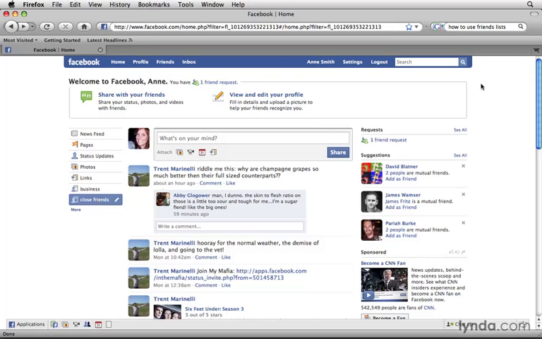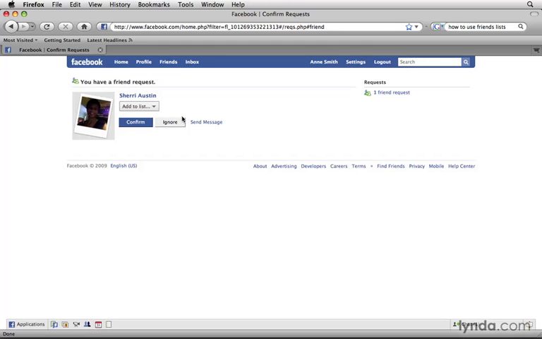So if you haven't created friends lists already, I suggest that you do, and you saw how easy it was to assign friends to lists. And now that your lists are set up, as you get incoming friend requests, like I see I have one right here, I'll click this friend request, and now I can see that Sherry Austin, I'm going to add her to the list of my business acquaintances. And if I wanted to add her to another list, I could do the same thing. So if she is both business and close friend, then she's in both. So I'm going to select that one just to remove her and just say she's just a business friend,